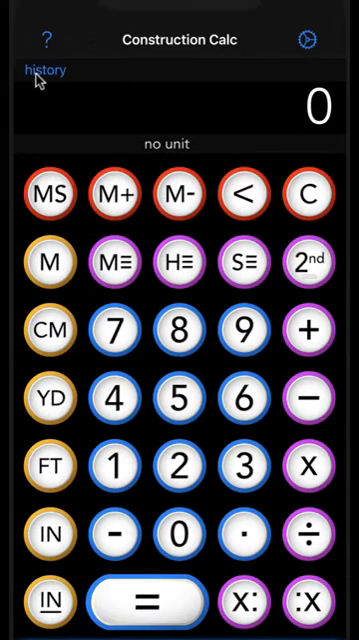The history bar will automatically show when you're working on a formula, but can also be toggled by pressing on the left button in the history bar, and will toggle between memory, scale, and back to history. So let's go ahead and type in a quick little formula. Let's go 8 foot 5 inch